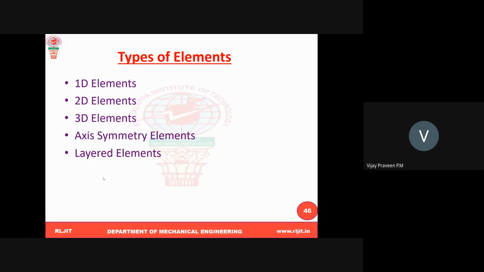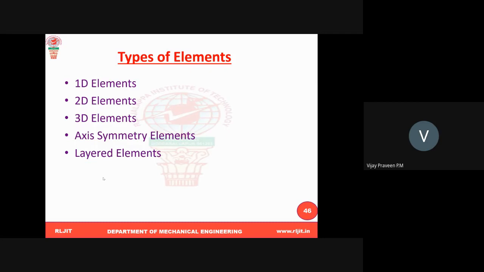There are different types of elements, like 1D, 2D, 3D elements, axisymmetric elements, and layered elements. There are others too, and every day they are inventing so many new types of elements for particular applications. But what we generally use, only that we mention here as a point for the examination; that much is enough to write. There are 100 or 200 types of elements in every software, made to solve particular problems. So we will take those.